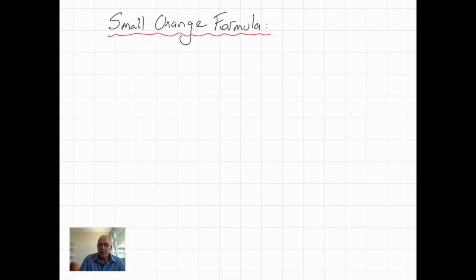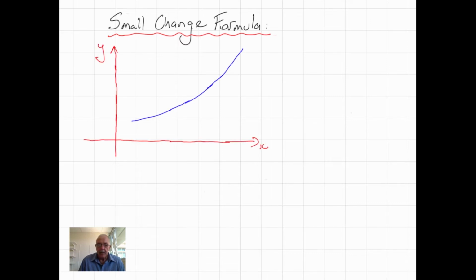There's a special formula called the small change formula. Let's go back and think about what the definition of dy dx is. If we've got a curve, you know that dy dx is the gradient, the gradient function, if you like. So if you know what y is, you can find dy dx, and that'll give you the gradient at every